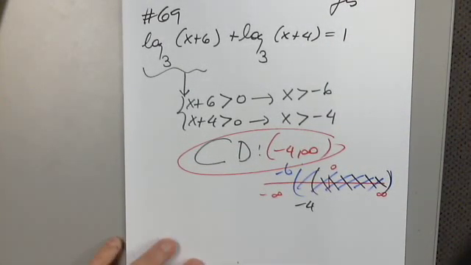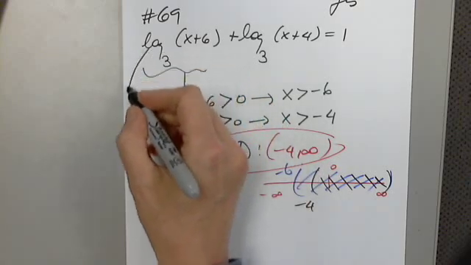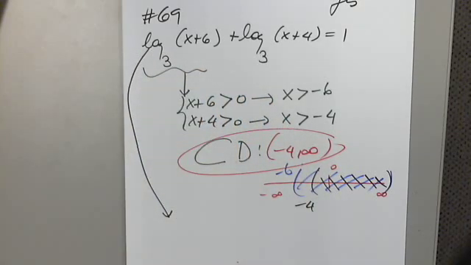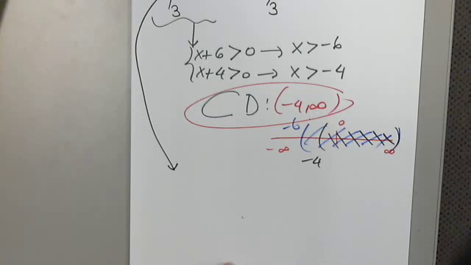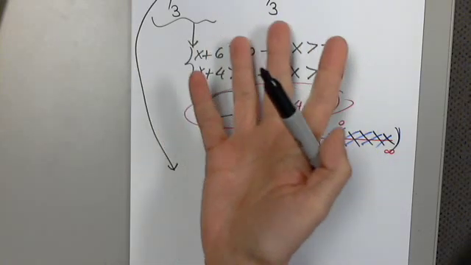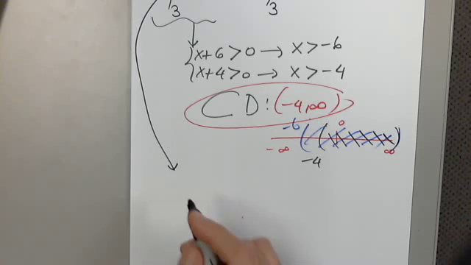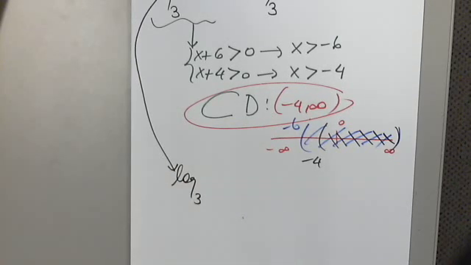So now I need to condense the left-hand side as we did before. That's why we learned how to condense and expand log expressions. So where does this come from? Log base 3 of